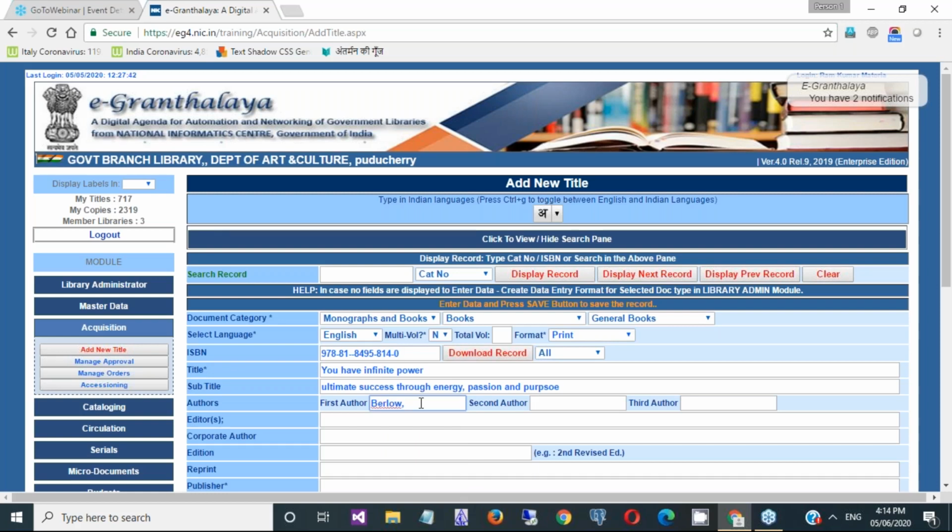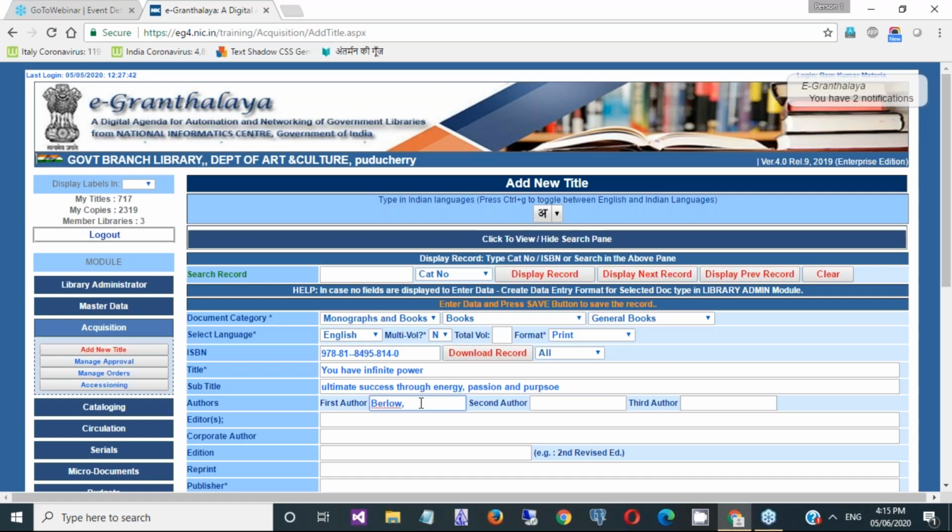So you don't need to type it all. I will tell you the story of this. That facility we have given, but nowadays it is not working. The reason is that in eGranthalaya 3.0 it is working very well, and those who are using EG3 can download the record easily.